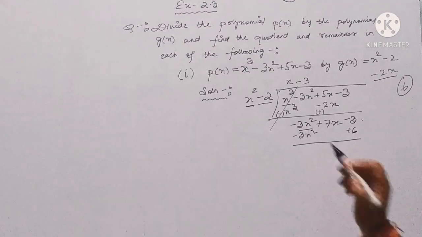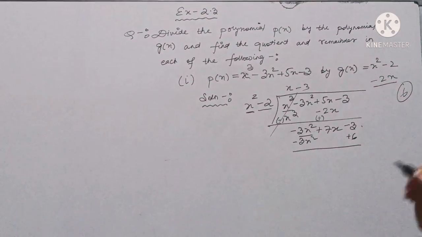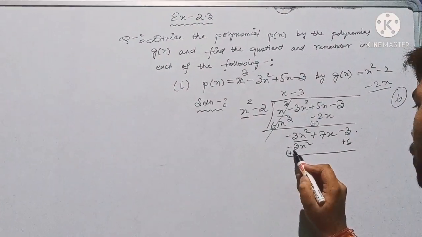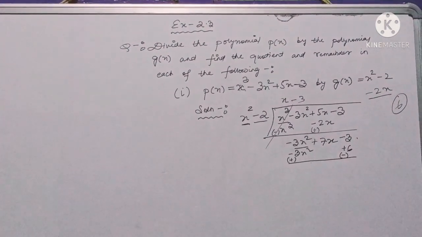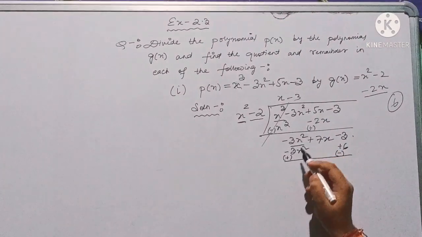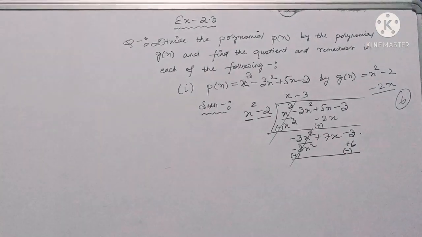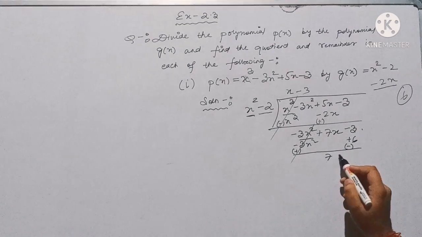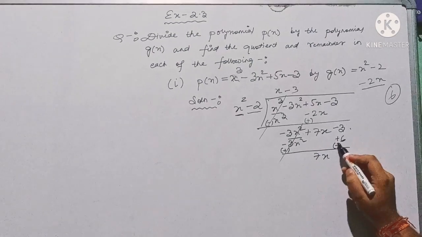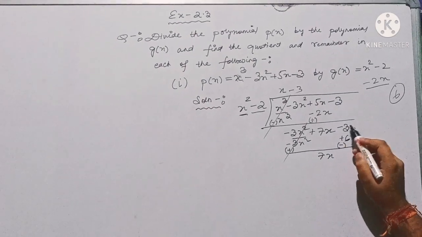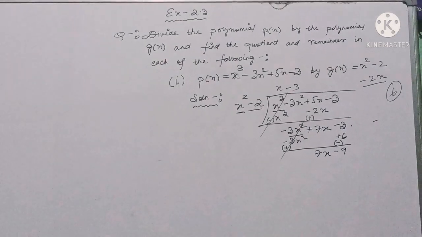Again we have to do subtraction, and before doing subtraction we have to change the sign. Now see here, this minus sign will change into plus and this plus sign will change into minus. Now you see, this minus 3x square and plus 3x square have the same value but opposite signs, so they will cancel each other. And this 7x will come down, and this minus 3. Again I am telling you this plus sign has no value. Now we have to see this minus sign. So this minus 3 and minus 6 will become minus 9, as we know minus minus plus.